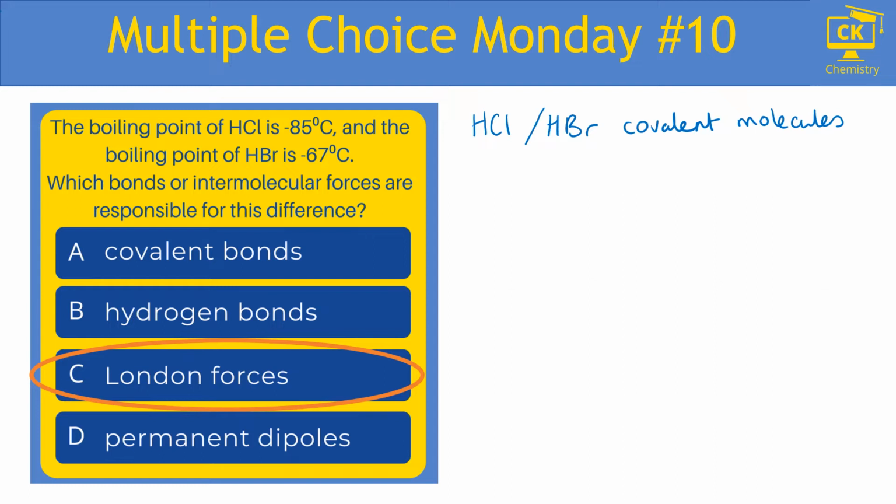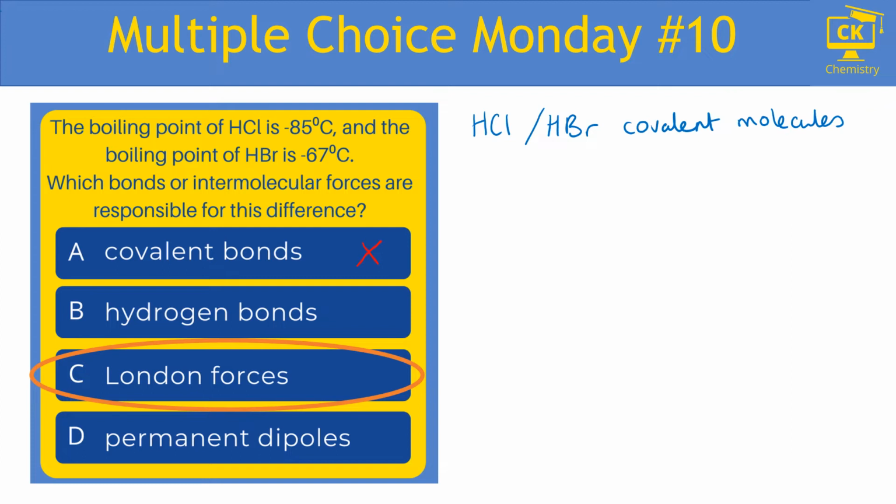There are only intermolecular forces. So that means that we do not need to break covalent bonds in order to boil HBr or HCl. So A is definitely wrong. We would only talk about covalent bonds and melting and boiling points if we were considering a covalent lattice such